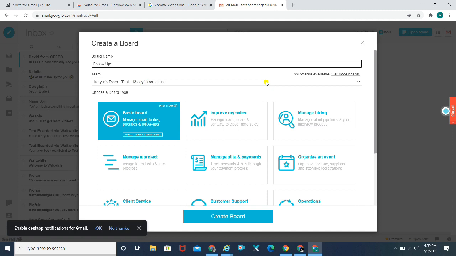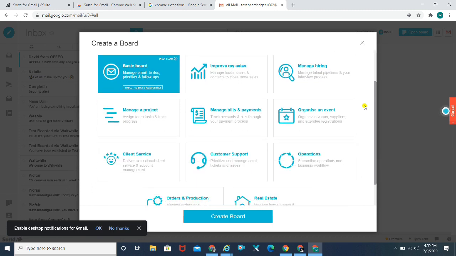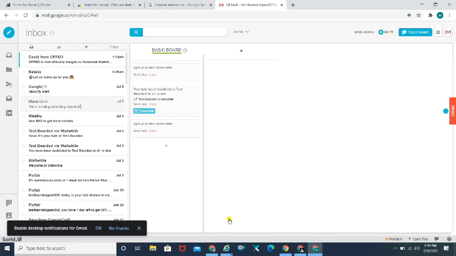I'm currently on a free version. It also offers you a paid version, but the free version is what I would recommend you go ahead with, because it pretty much gives you everything. The paid version is just a bit of hype, and I really don't think you would require it. You can always keep your Sorted on the free version. It still works great. Now, as soon as you click on create board, this is how the interface is going to change